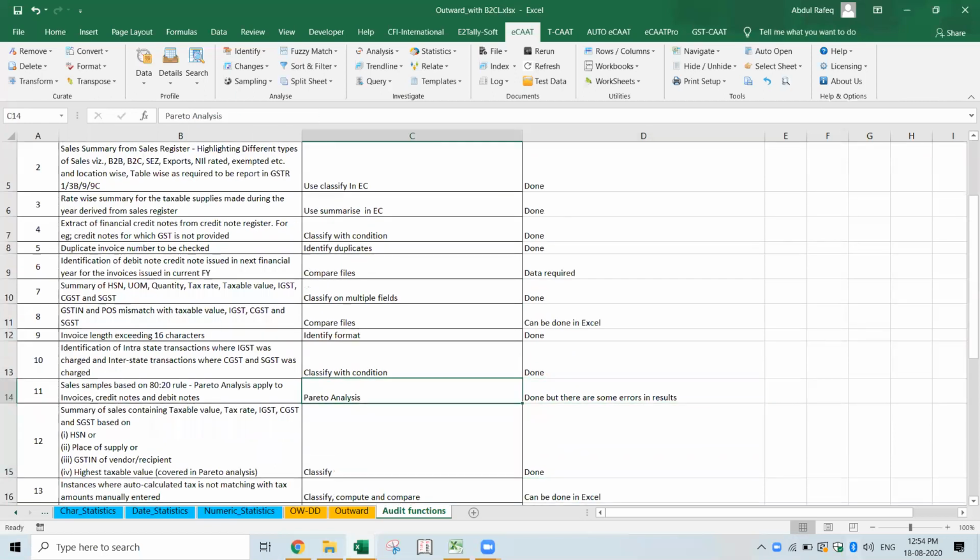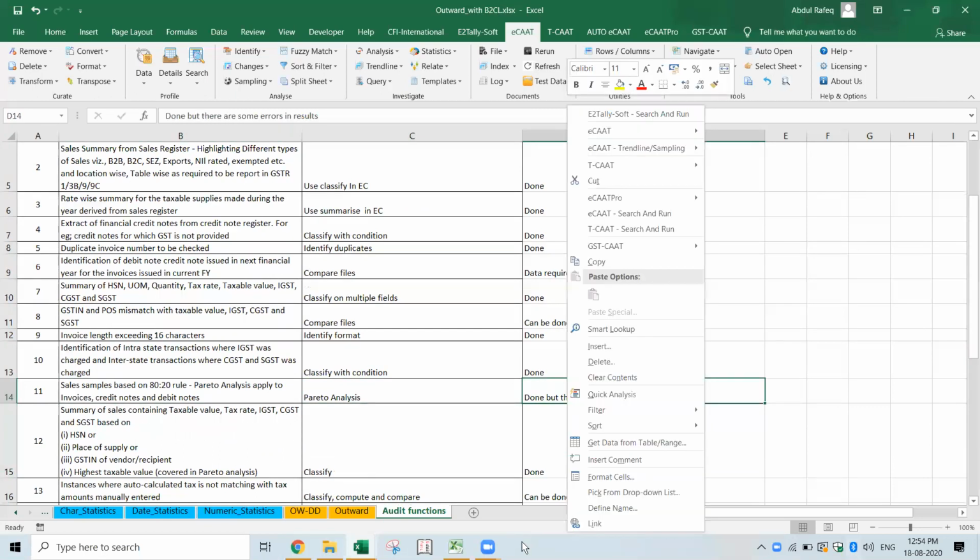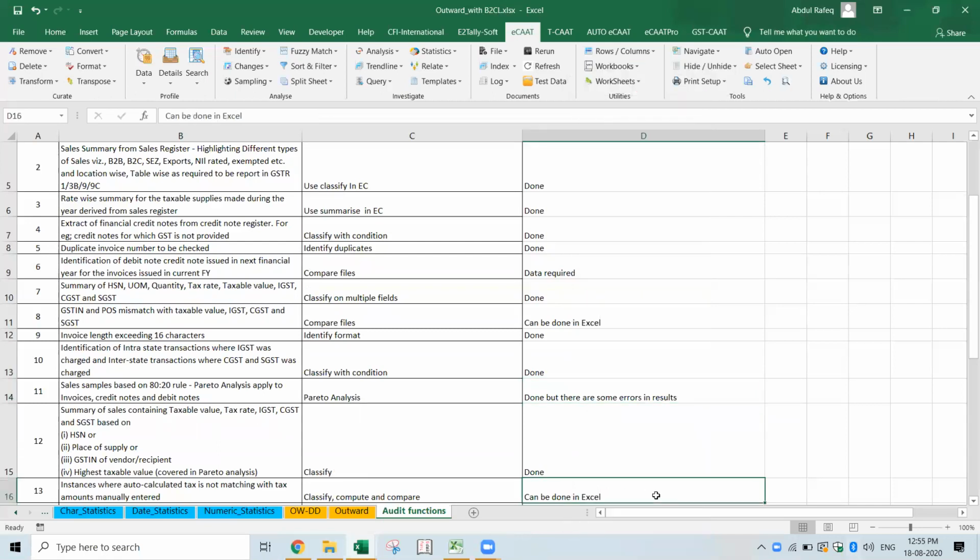That place also, you said, no, sir. Initially, there are so many sections and all the things have to be considered if that is the case. I'll see. Now this, I think Pareto, there was some error which we have now rectified. We are able to get that Pareto. Okay, and then this is done. Summary of sales, this can be done.